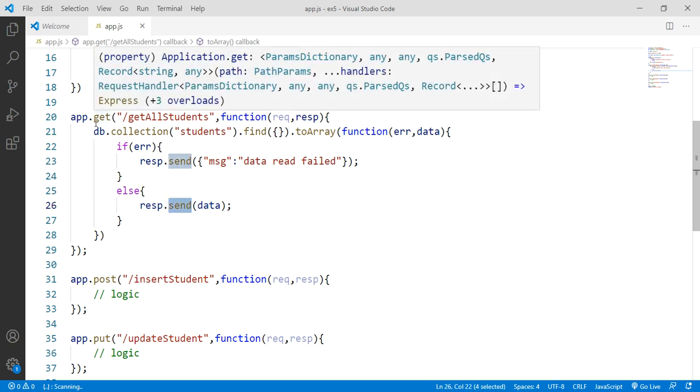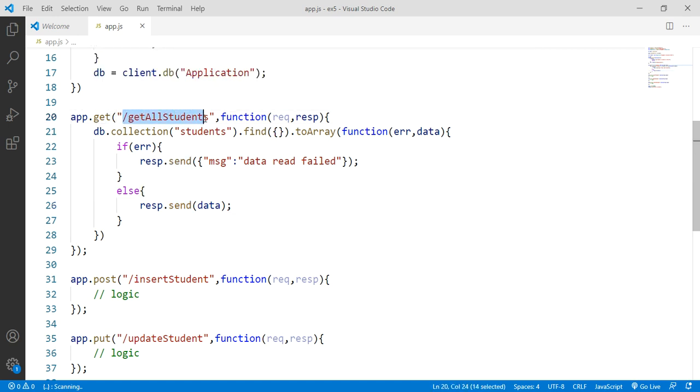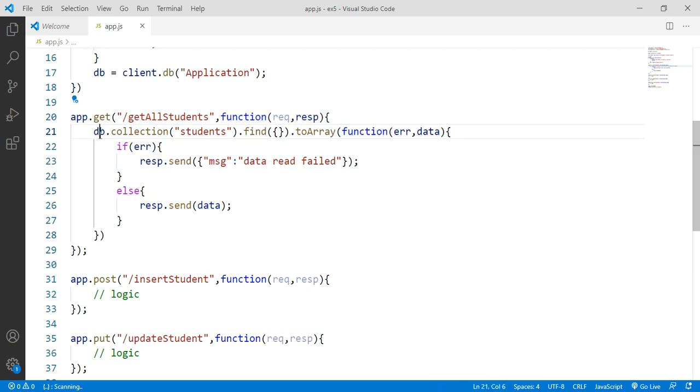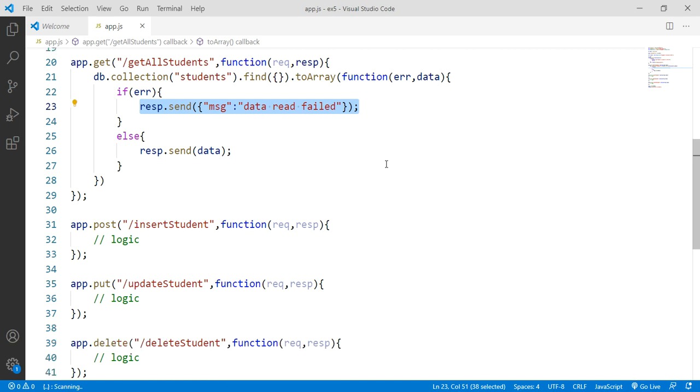So when the request comes for this URL, automatically your Express executes this function. So in this function what we are doing: db.collection students, find, get everybody and convert into array format and send it to the client side if it is a good scenario. Suppose there is a problem with the database connection, or suppose there is no collection with this name, sir. At that time there is a problem, and when there is a problem, return an error. So the first step is finished.